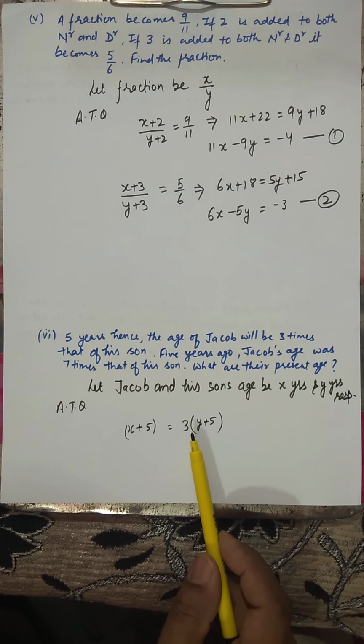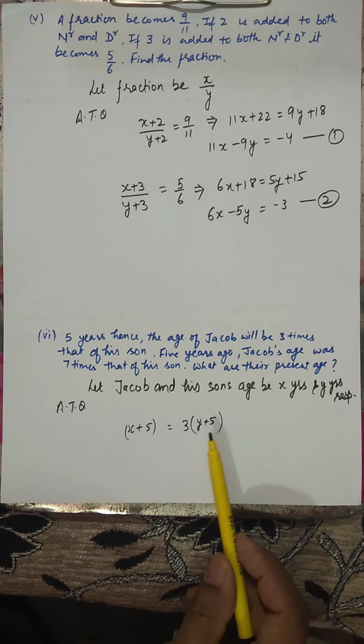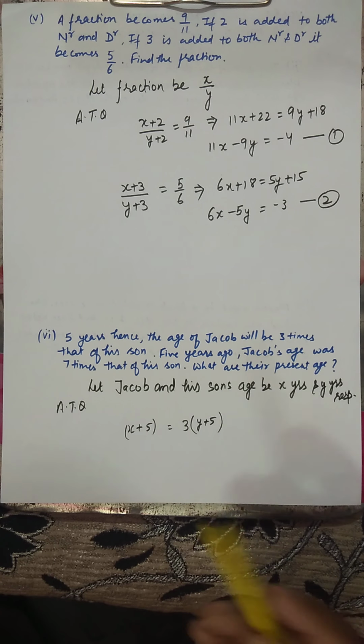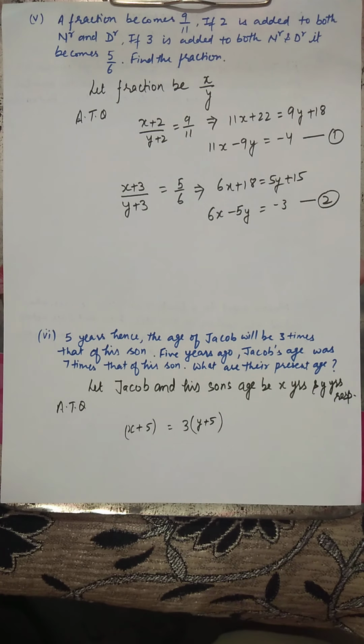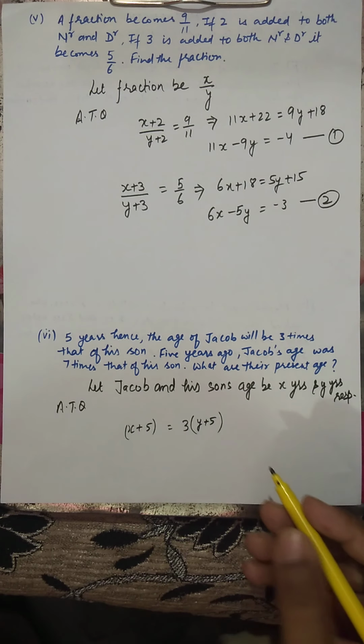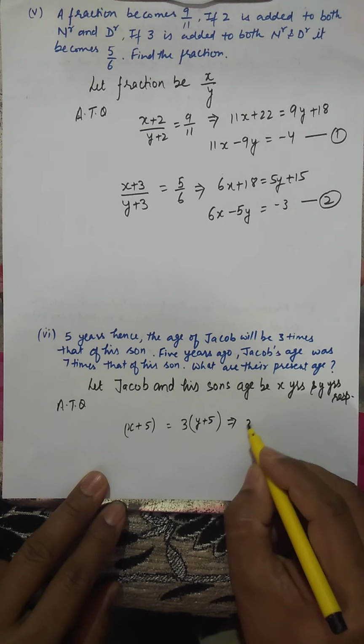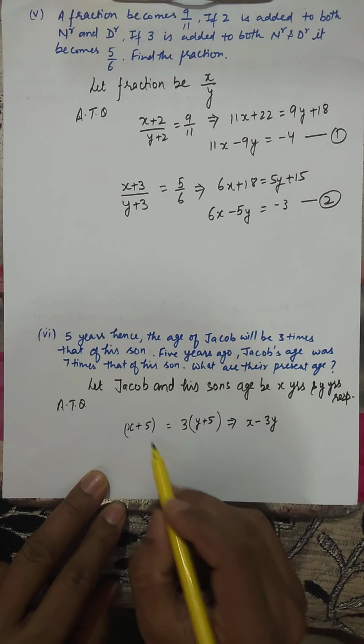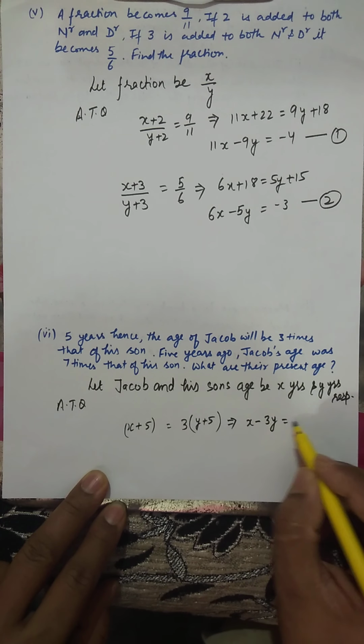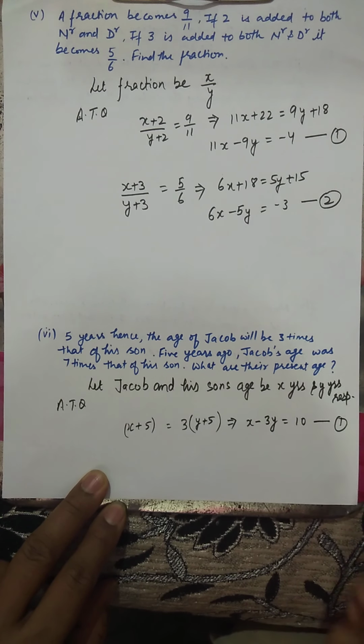So this is a very big confusion that students always have. So it is always better to assume or take some example, that his father is, let's say, 40 years and his son is, let's say, only 12 years. This way you try and solve the problems. Otherwise you might end up with the wrong solution. So better you always exemplify: this is the age of the father, this is the age of his son. Now I'm going to simplify this. So this can be simplified: x minus 3y, this 3y can be brought here, this is 15 and this becomes 10. So mark this as equation number 1.